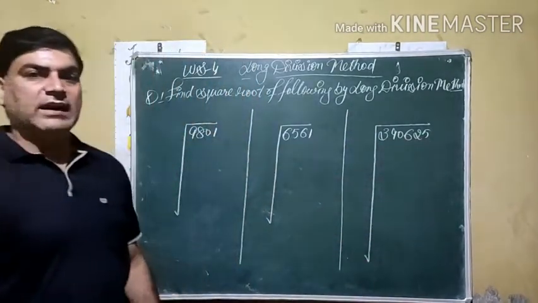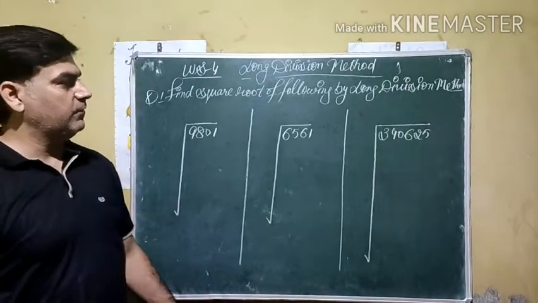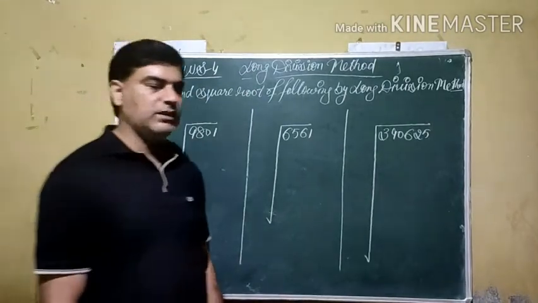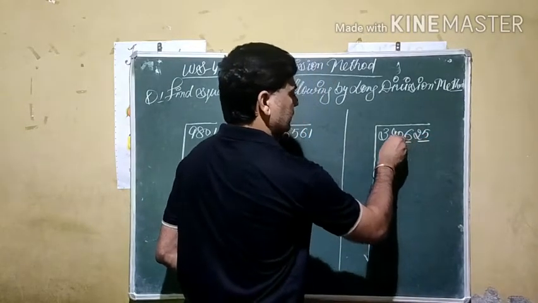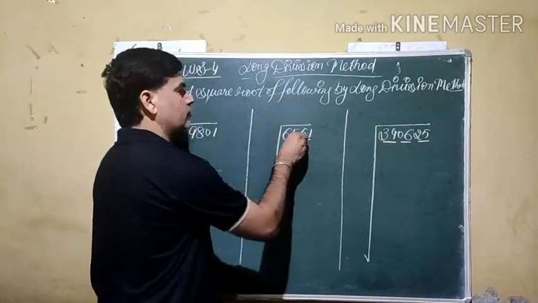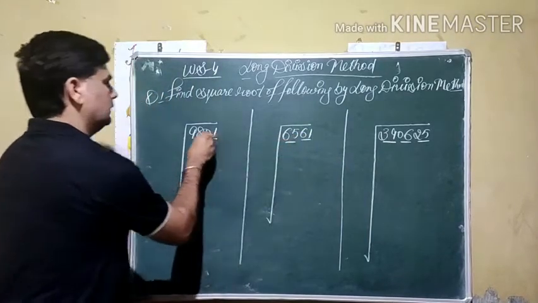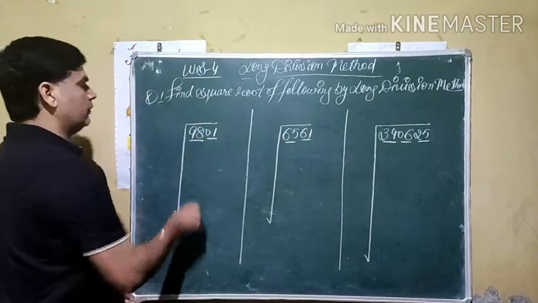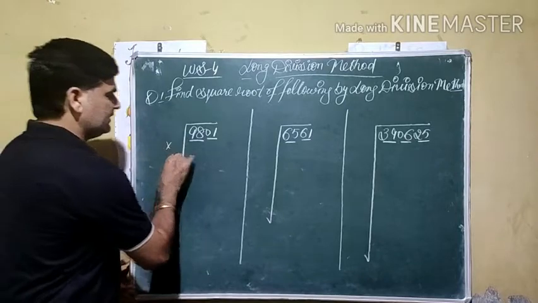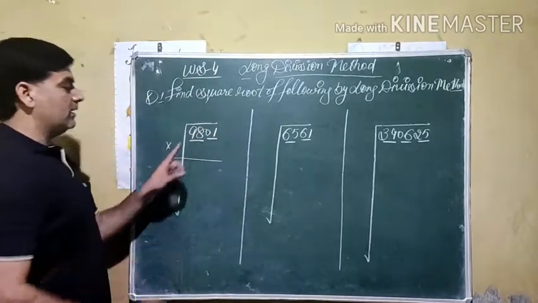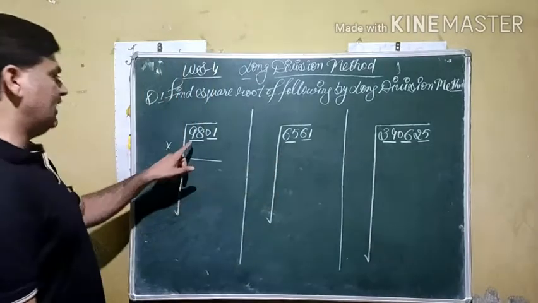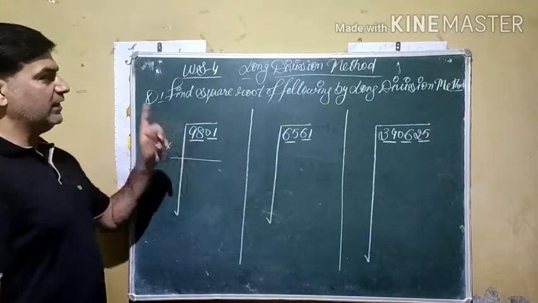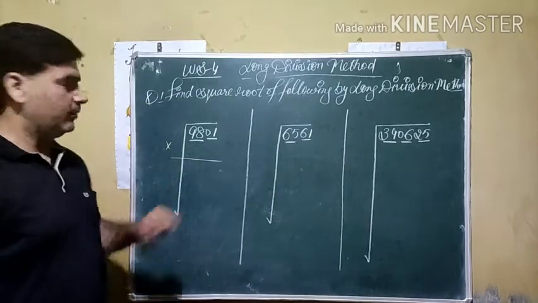As we have done in the previous lecture in basics, first of all we have to make pairs from the right hand side of two numbers, or we can say two digits. Like this, make underline to show pairs. After this, what we have to do? We have to choose a number which multiplied by the same number should be less than this value, otherwise equal to this value. As you know, we have done this in the starting of the chapter, squares up to 10.